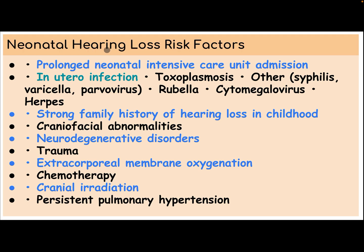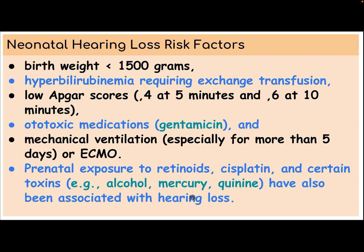Neonatal hearing loss risk factors: prolonged neonatal intensive care unit admission, in utero infection such as toxoplasma, syphilis, varicella, parvovirus, rubella, cytomegalovirus, herpes, strong family history of hearing loss in childhood, craniofacial abnormality, neurodegenerative disorder, trauma, extracorporeal membrane oxygenation, chemotherapy, cranial radiation, persistent pulmonary hypertension, birth weight less than